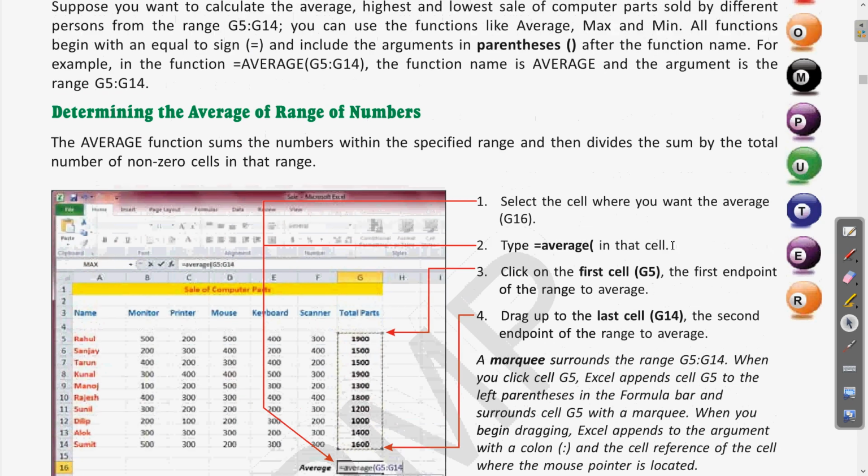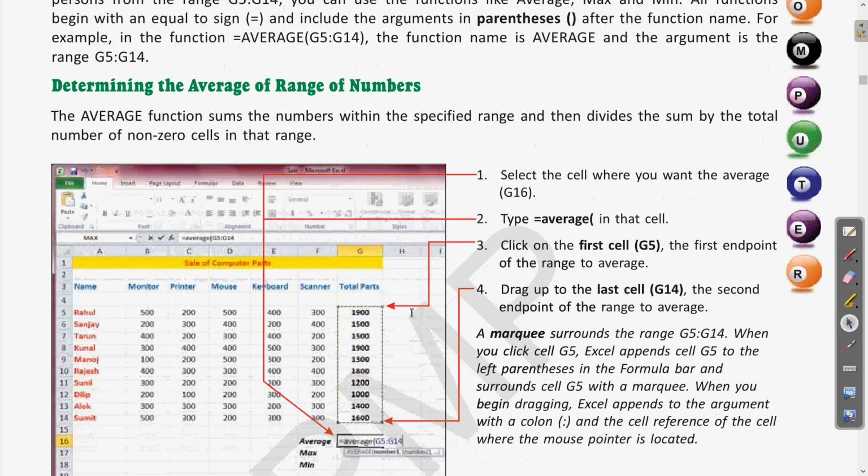Clear? So what does it mean? Here you can see the column is G. In the example given in the book, the column is G and the different names range from row 5 to row 14. That is why it was written G5 to G14.